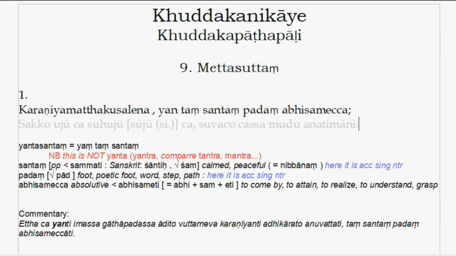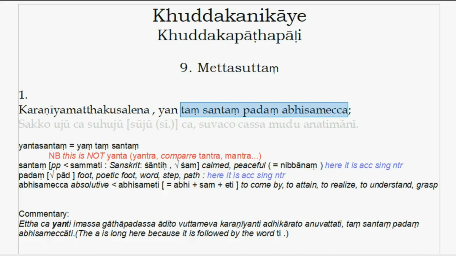Now, in the commentary, there is a different way of taking this, and it actually addresses an issue I brought up at the very beginning in the former episode. If we look back at Karaniyang, we said that it doesn't have any sort of expressed subject that we might expect, an atang or something like that. This should be done. It's possible that this yang is actually the subject of Karaniyang. So we could understand this as abhisamecha tung santung padang, kind of putting this in the English order, having realized or grasped that peaceful or tranquil path, which yang should be done, karaniyang, by one skilled at knowing what is